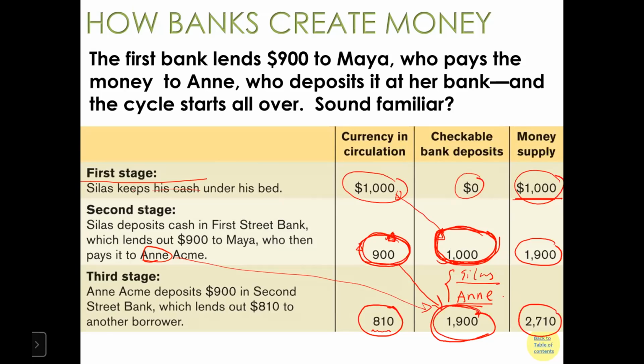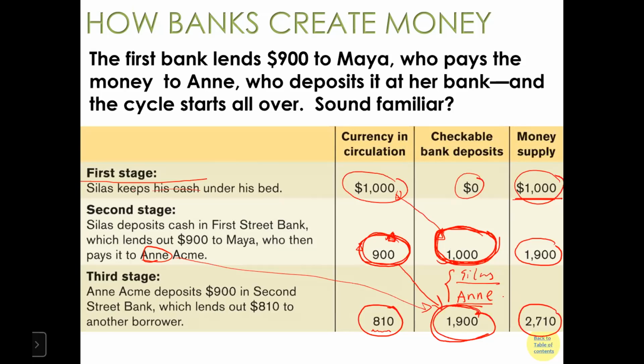over Silas and Anne, because Silas, in some sense, has a contract, or a certificate from the bank, that says you have a $1,000 deposit in my bank, and you can come to my bank anytime and withdraw cash. The same happens to Anne. She has $900 of deposit, a certificate that says she can come to the bank anytime. Now, just imagine if